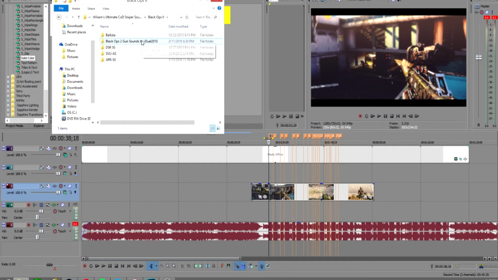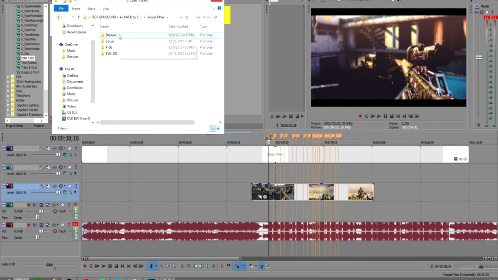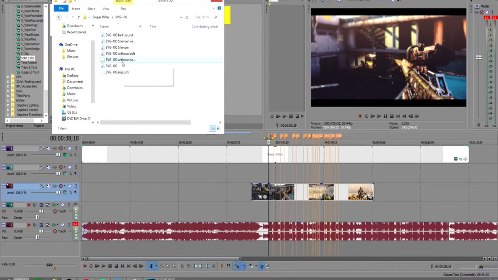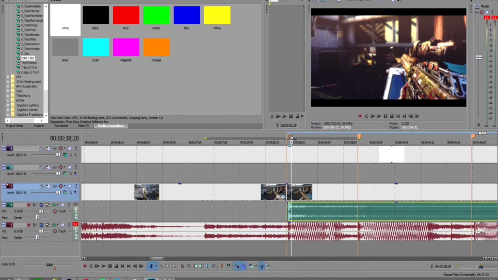So, and this one too, it only comes with a sniper sound. So for example, you want to use the sniper rifle one. Yeah, you want to use the one. You don't want to use the Locust for the SVG or vice versa. So you want to use it for the sniper that it is, obviously. So here you're dragging the gunshot,